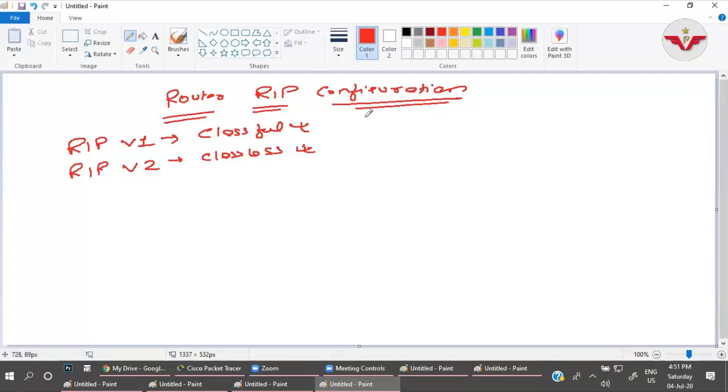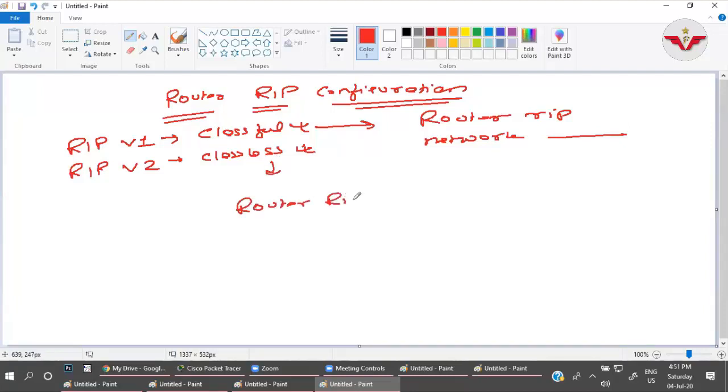For RIPv1, we have router rip and then network. You have to enter the network details over there. But in RIPv2, we have the command router rip, version 2, and then network.